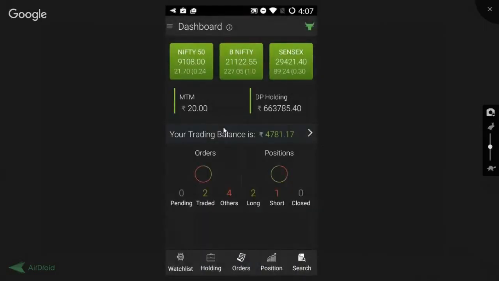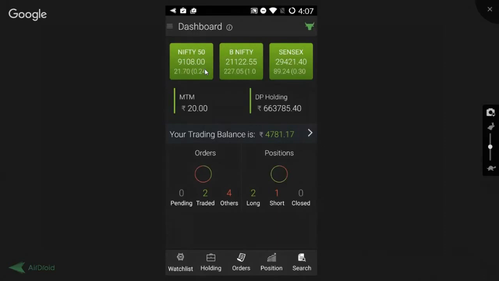So this is the first page that views when we log into the Sign Mobile application. That's the dashboard. On the dashboard, there are many components as we can see, and we'll look into them one by one. So the first thing that we view on the dashboard is the market indices. These are the three basic market indices that view, and these change their values on a real-time basis.